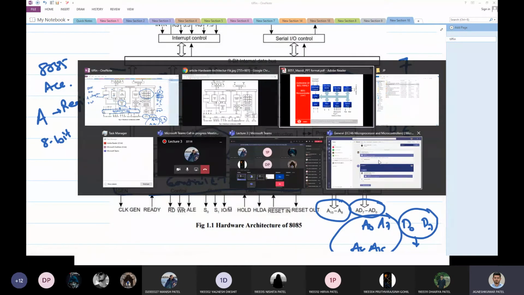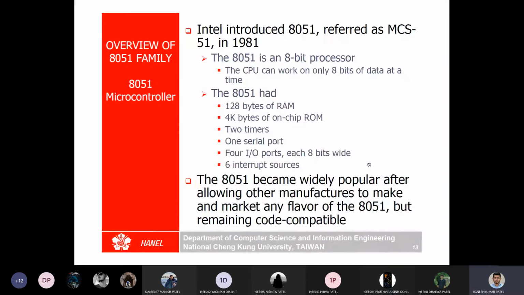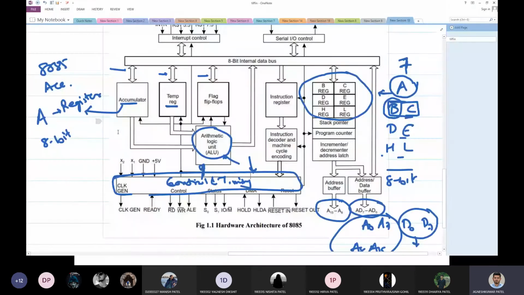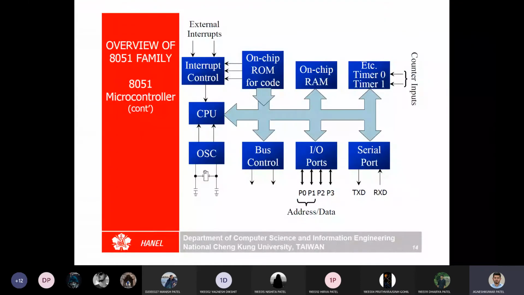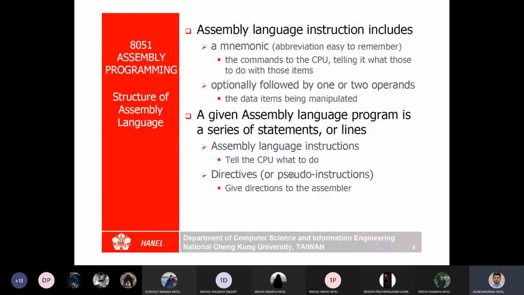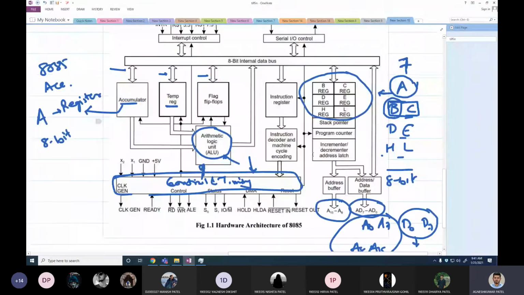So let's move ahead with the general purpose diagram. So this is a general purpose diagram. Okay. So when you are asked to draw the architecture, you have to draw this figure, and when you are asked what is the general block diagram of 8085, you will be drawing this figure. Sorry, this is related to 8051. I'm not interested in this. It won't be helpful to us. So you will be drawing only this figure.